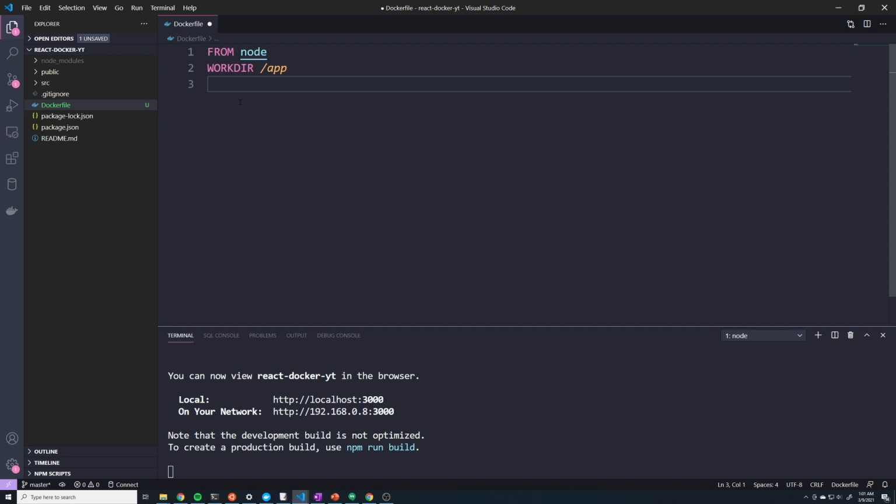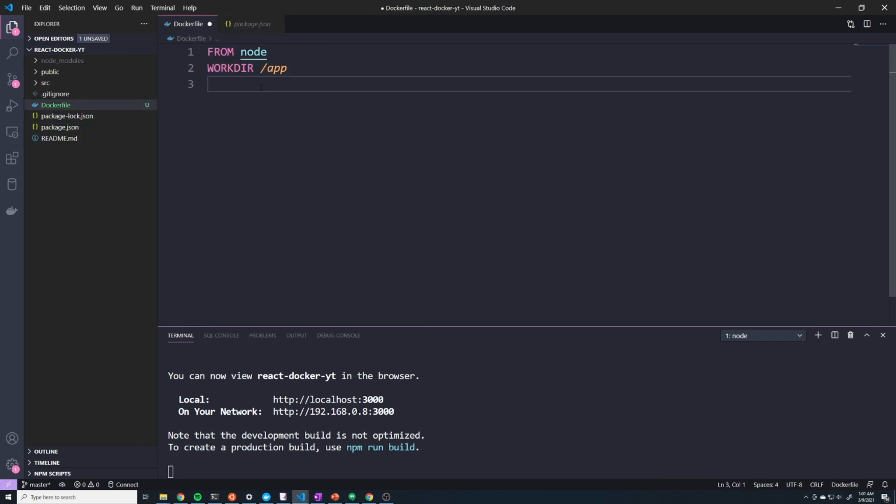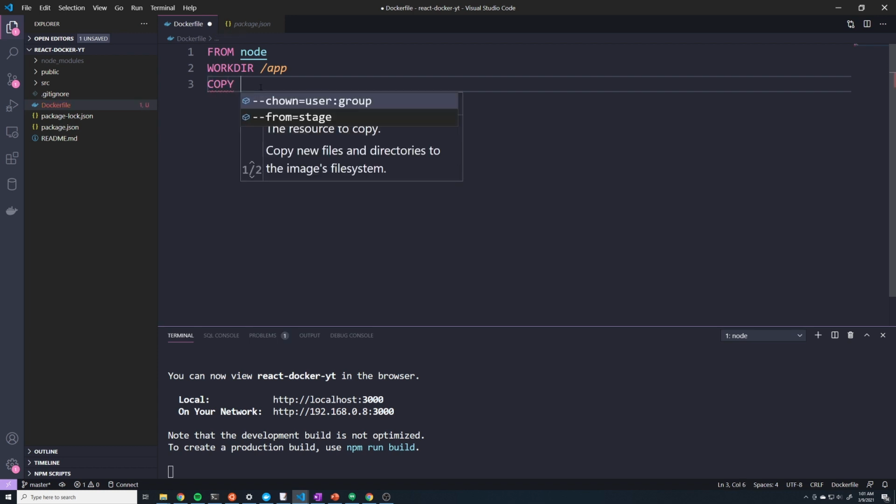Now, the next thing that I want to do is take our package.json file and copy it into the image. That way, once we copy the package.json file, we can do an npm install to install all of our dependencies, because the package.json has the list of all the dependencies that we need for our project. And so we can use the copy command,